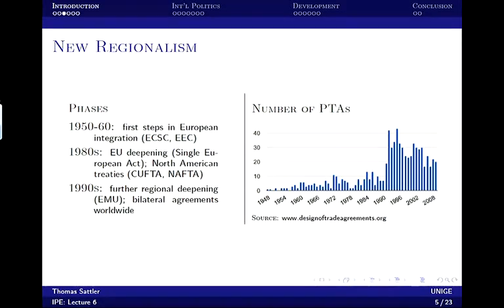The problem is that we had this multilateral trading system that existed already, and they could simply integrate into the system. They didn't need other forms of integration, which is the preferential trade agreements. And actually, all these countries did integrate into the World Trade Organization, but at the same time, they also signed preferential trade agreements, right? So it's not enough as an explanation. I think it's part of it, but it's not a full explanation of what we see here.